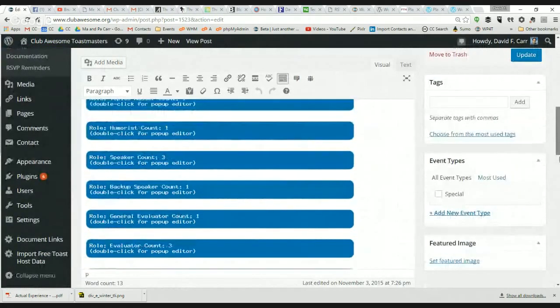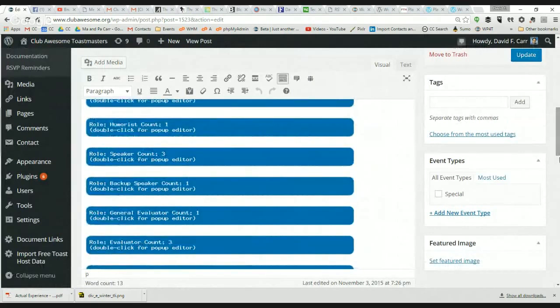So these are placeholders. And actually, until recently, if you went to this page, you would have seen a bunch of code, not programming code exactly, but little placeholder codes for each of these speaking slots or other things. And even though it was a simplified form of coding, other officers who tried to edit the agenda would freak out when they made some little typo and it would be messed up. So what we have now is you can go in and just double click on each of these things and you get a little editor.